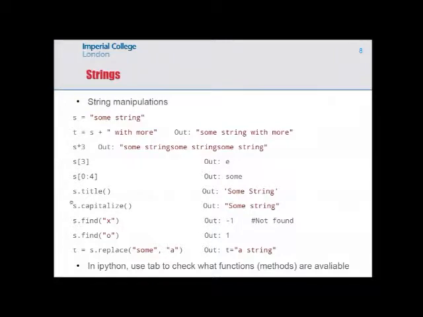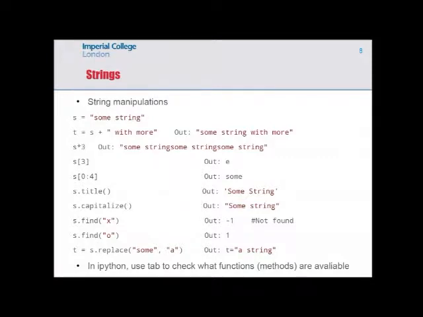We talked about string manipulations. So strings in Python we can add together with other strings, and it concatenates them to form longer strings. We can also multiply them by integers to get a repeated string. We can access the individual elements of the string. Now the indexing starts from 0, so the third element is basically E here. So 0 is S, 1 is O, and so on. We can also take a range of elements, so from 0 to 4 would give you 0, 1, 2, 3,